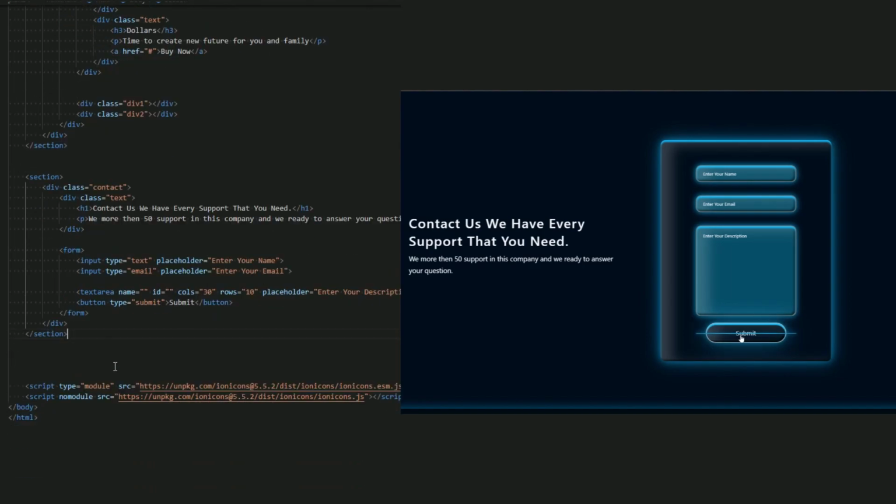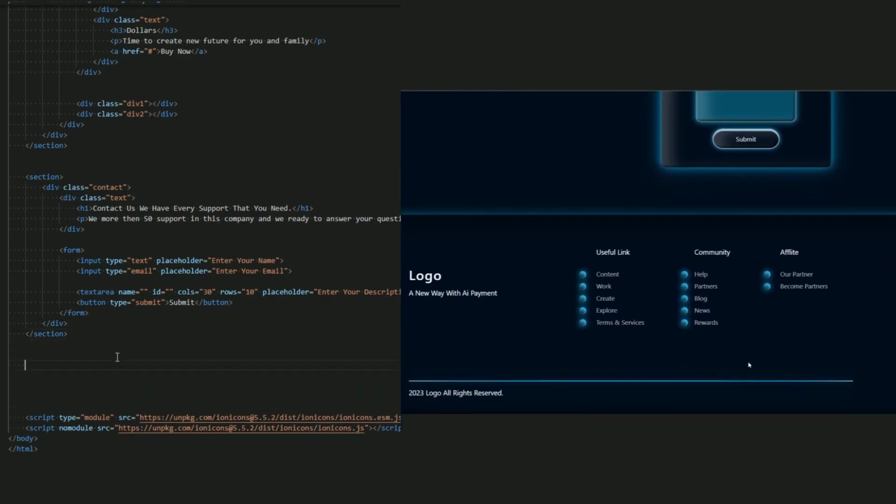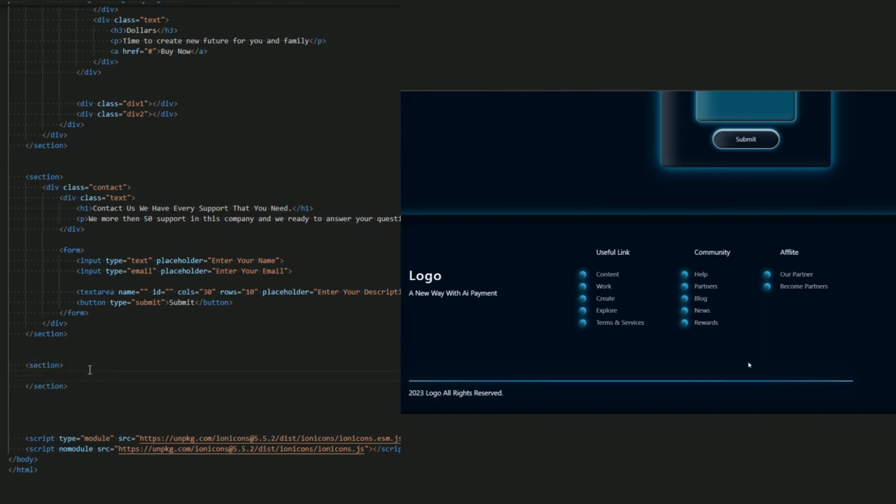Now let's go to create the last two sections, which are this footer and this copyright. So let me start with this footer, add a section, and let me add a class list, because as you can see I have this black background. I want to add this background in a section. So let me add a class list for that. Class list, bg footer. Now inside the bg footer, add the footer.